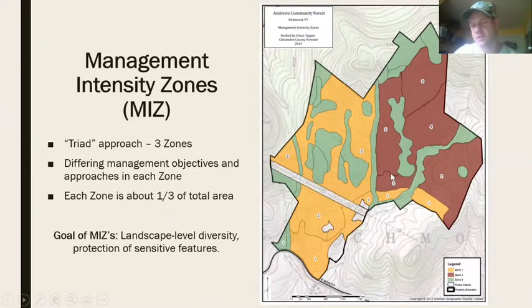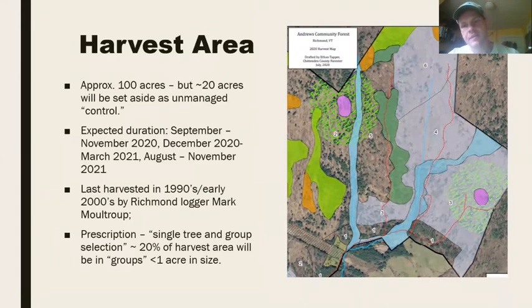The harvesting that we're doing will be in this eastern portion. So in this sort of lighter intensity management area, in stands 3, so here and here, 4 and 6. So this harvest area here is depicted by this sort of semi-transparent purplish color, as again showing stands 3 here and here, 4 and 6,